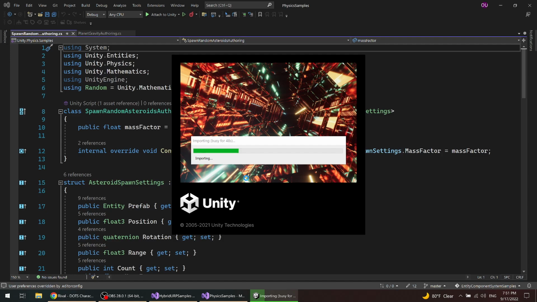And this same I want to show you just it comes with the Rival character controller asset. Once it finishes importing,